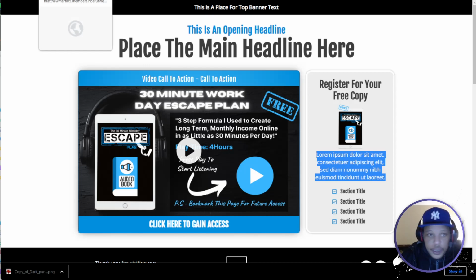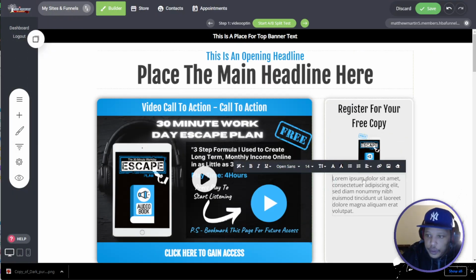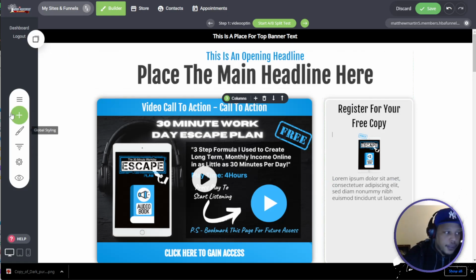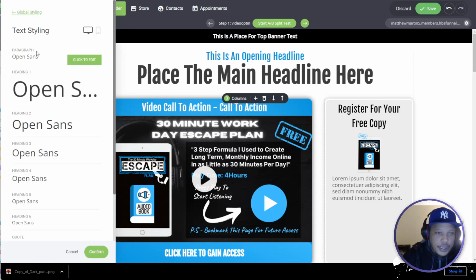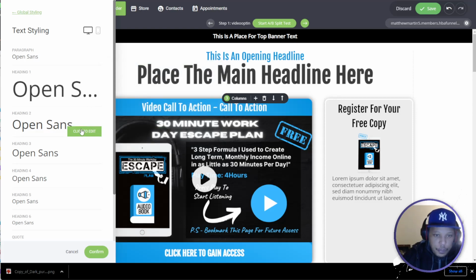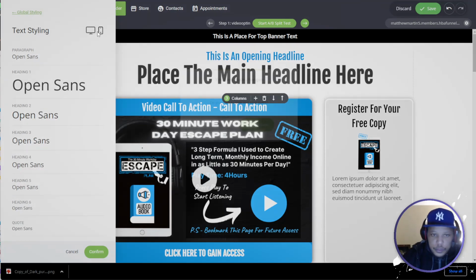Okay, let's go ahead and add this text here. This is the text module. All right, one thing when you guys get the builder, what you absolutely want to do, okay? You do want to go to global styles. You want to click on font styles, okay? One thing I recommend doing is changing all of these to 0.2. I don't typically change the fonts. This just adds a little space between all your texts, but on the mobile view,